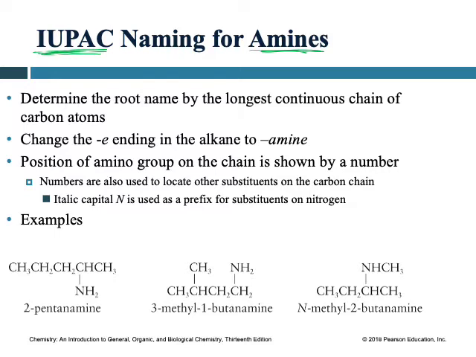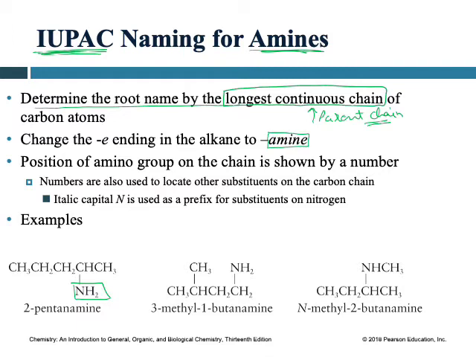So you have to give the preference to the amino group. First you have to find the longest continuous chain, which is called the parent chain, right? That we have been doing for the last couple of chapters. Find the parent chain first, then give the priority to the functional group. In this case, the functional group is amine, NH2. So you have to give the lowest number to the carbon that contains that amine, right? And at the end the word should end with amine,